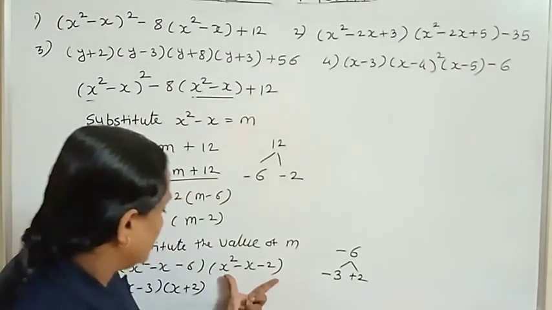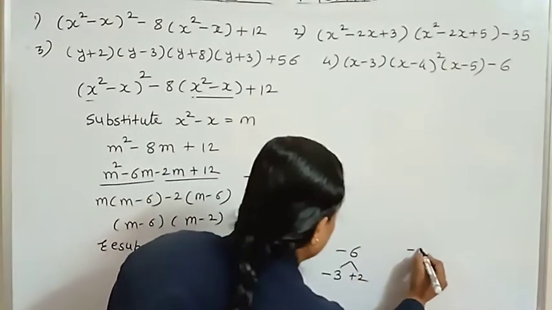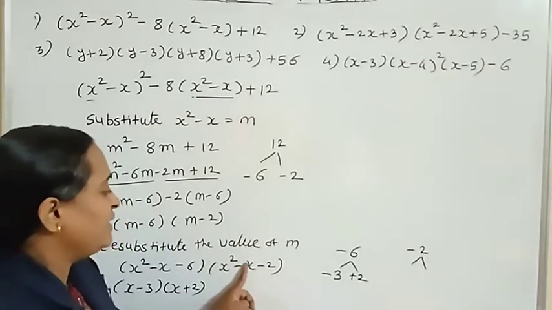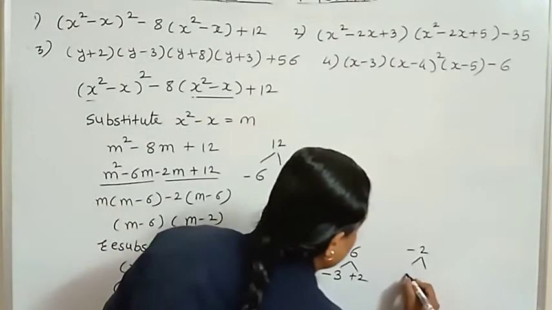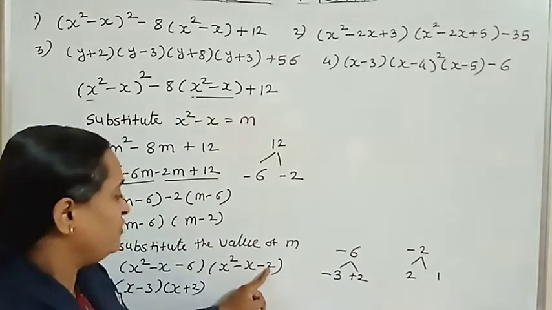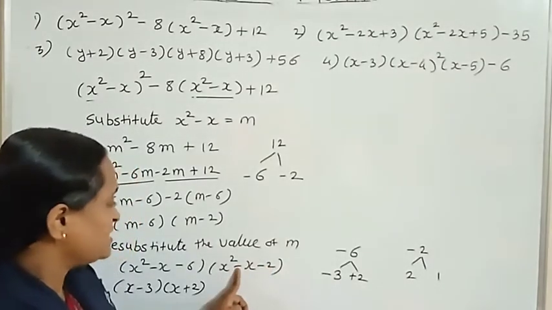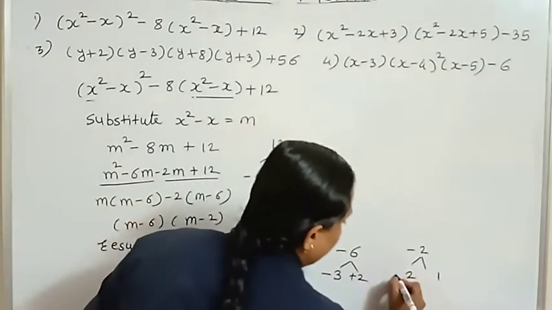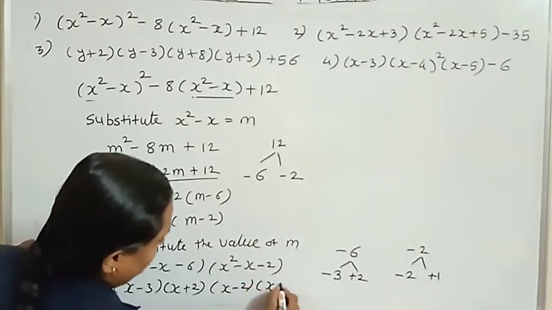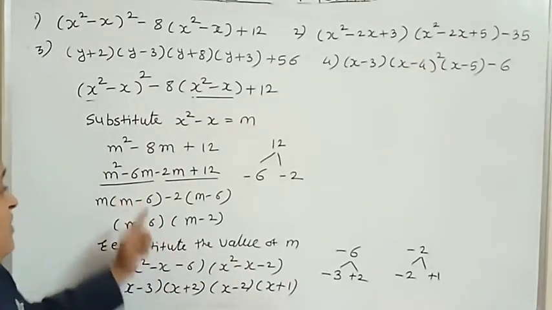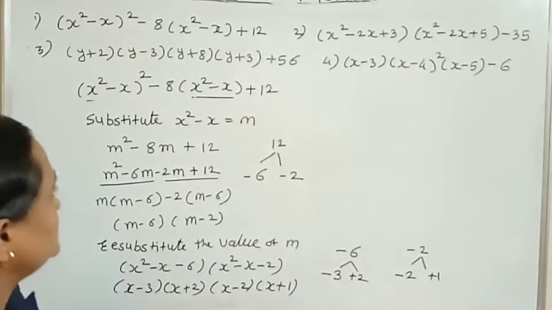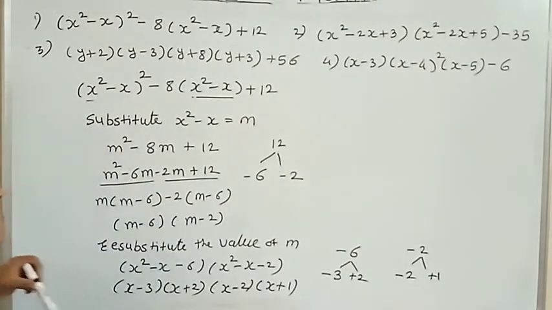Now the remaining one we will do. See this bracket. Here the multiplication is minus 2. We want two factors whose multiplication is 2 and difference is 1. Again two numbers are there: 2 ones are 2. And again a negative sign is there for the third term, therefore we give different signs to both numbers. The middle sign is negative, so give the negative sign to the bigger number, means minus 2 plus 1. Then the factors will be x minus 2, x plus 1. In this way we can solve this example. The first example we have seen, now we will see the second example. You can take a screenshot also.